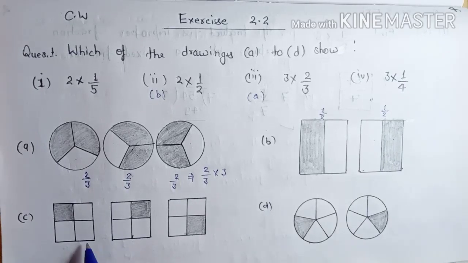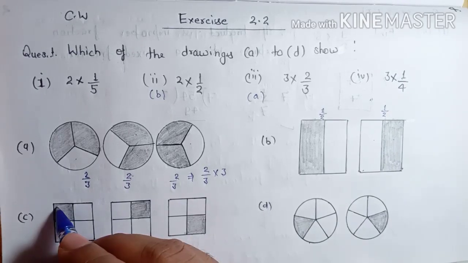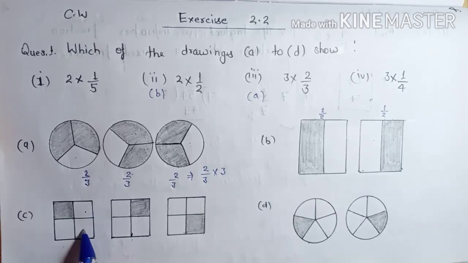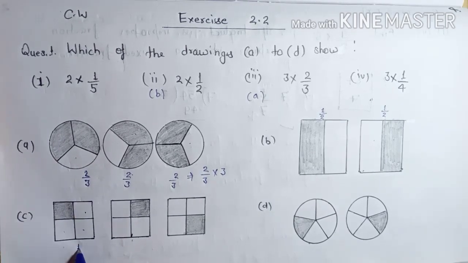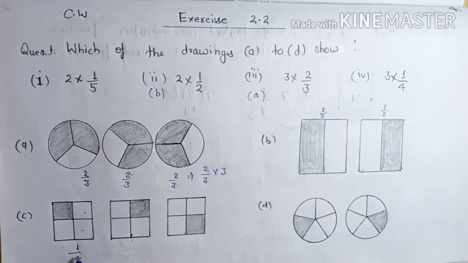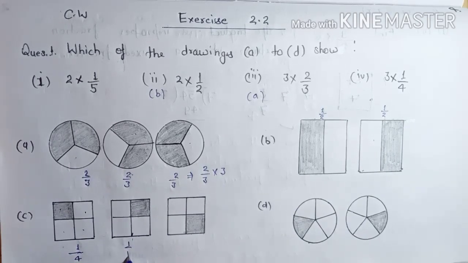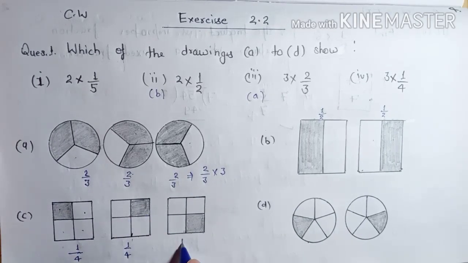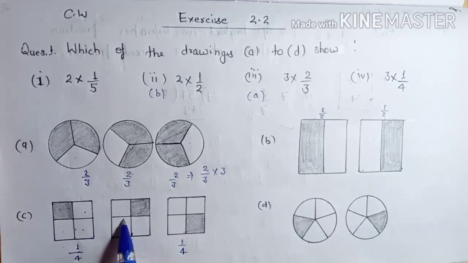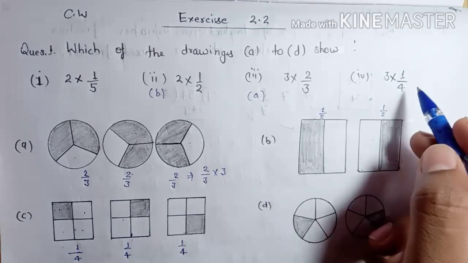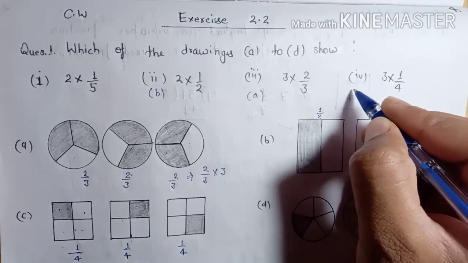And check it here. We have 3 squares, and the squares are divided into 4 parts. One part of the square is shaded. So out of 4 parts you selected 1, so this is 1, and there are 4 parts, so write here 4, and this is the fraction value for this part. And here it is again 1 upon 4. There are 4 parts and you selected 1, and again 1 upon 4. We have 3 times 1 upon 4, so that will be 3 into 1 upon 4. So this is for C.